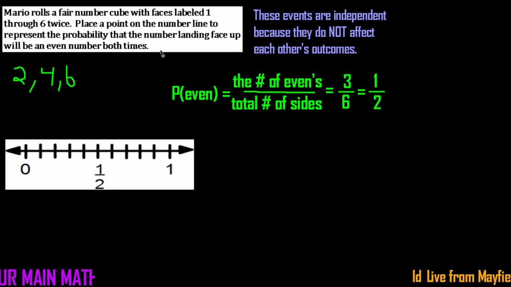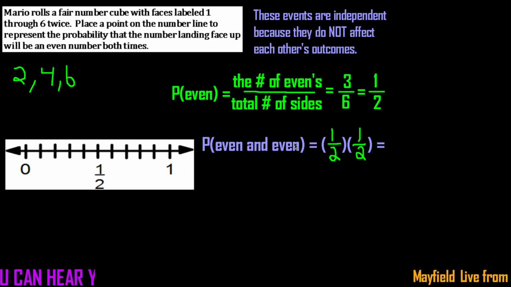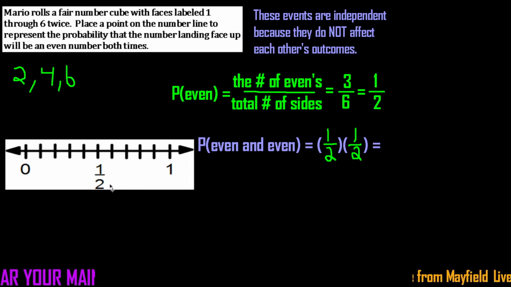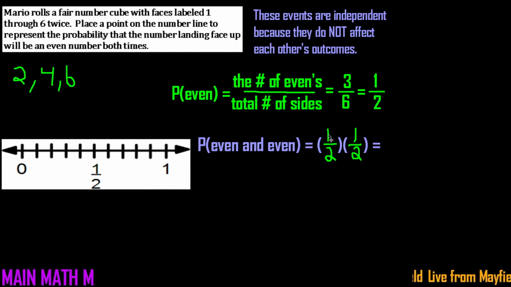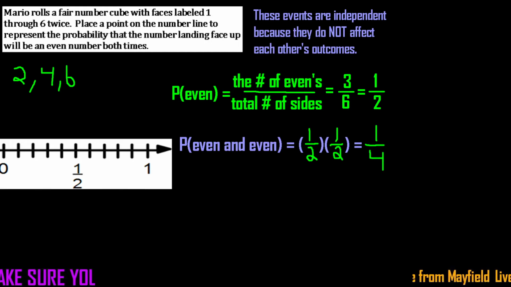But you have to make sure you're seeing it. We're trying to say this is a compound event, meaning we're going to do this multiple times. So again, we would say the probability of an even number and an even number is these two multiplied together. So we're going to say 1/2 times 1/2. Again, make sure you multiply the numerators together to get 1 times 1 is 1. And 2 times 2 is going to be 4. So we'd say this is going to be equal to 1/4,